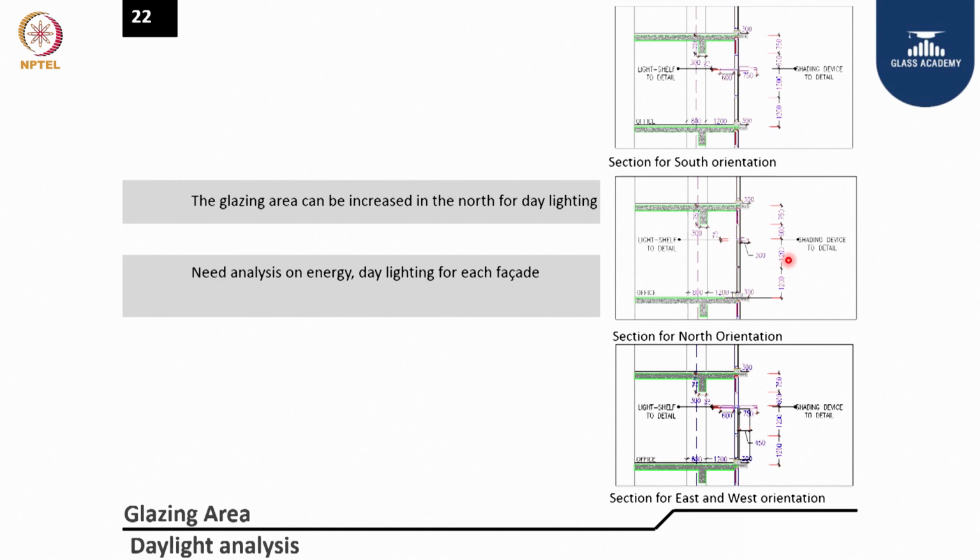So light shelf will effectively help us minimize the discomfort or excess light on the perimeter and allow this excess daylight to penetrate to the interior space where we have artificial light. So in addition to your facade fins, we need to have a synchronized design of light shelf to penetrate daylight to the deep interior and minimize the discomfort for the occupant on the perimeter.